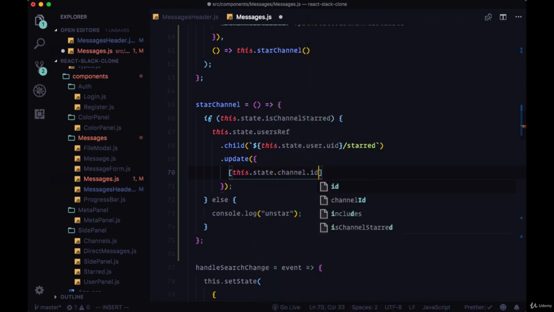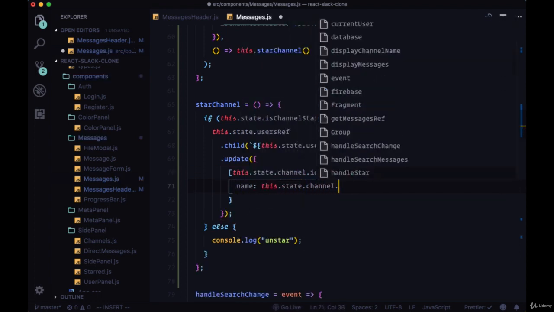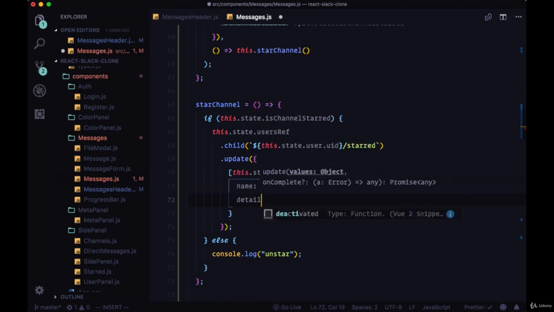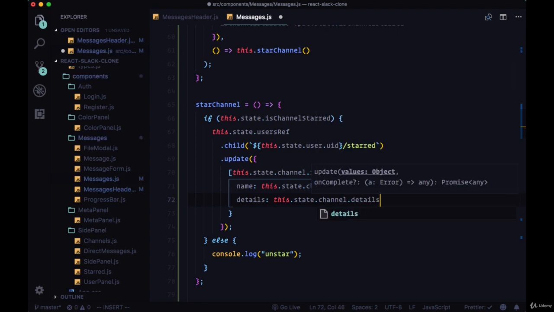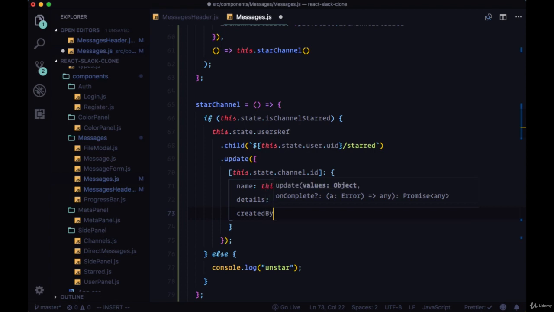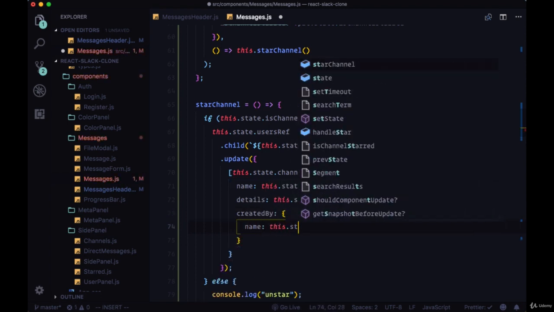where on the object we want to dynamically change the ID of the channel and its related data. So the ID will be set to an object with a name property, a details property, set to the channel name and the channel details in state. And we'll have our created by object,